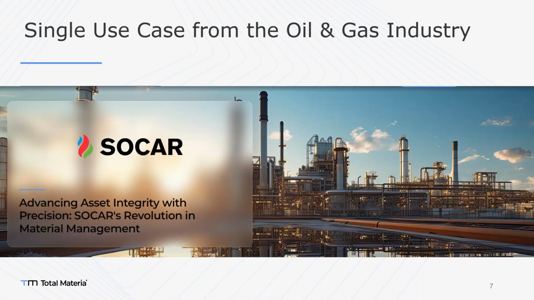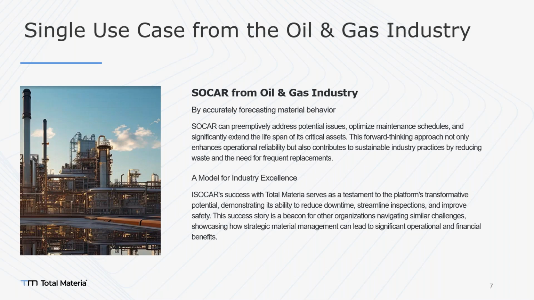And Soccer, one of those where there is no space for mistakes. Yes, in the oil and gas industry, right? You need to make sure that you're choosing the right material. You need to make sure that you're planning maintenance operations accurately. You need a lot of material information, right? So you need accurate material information because you are putting your signature on it. In case any mistake can cause a huge catastrophe, so better make sure and check two times. And Soccer is very happy, as are Shell and so many oil and gas industry companies too.